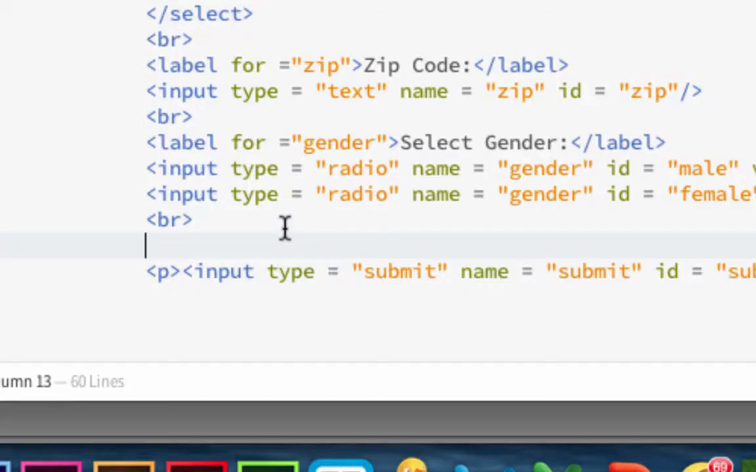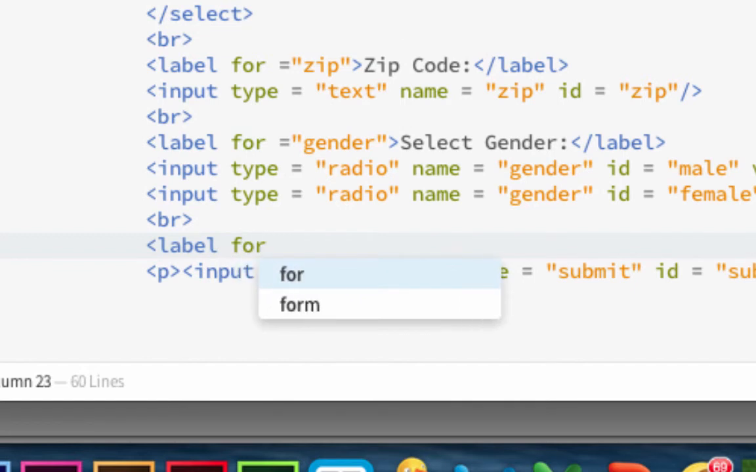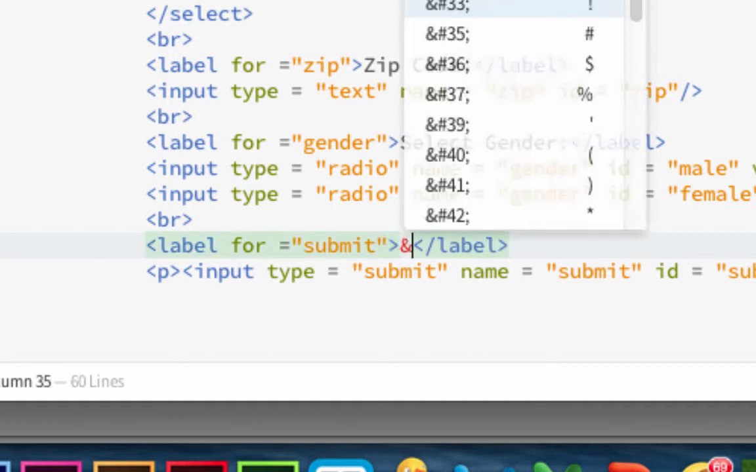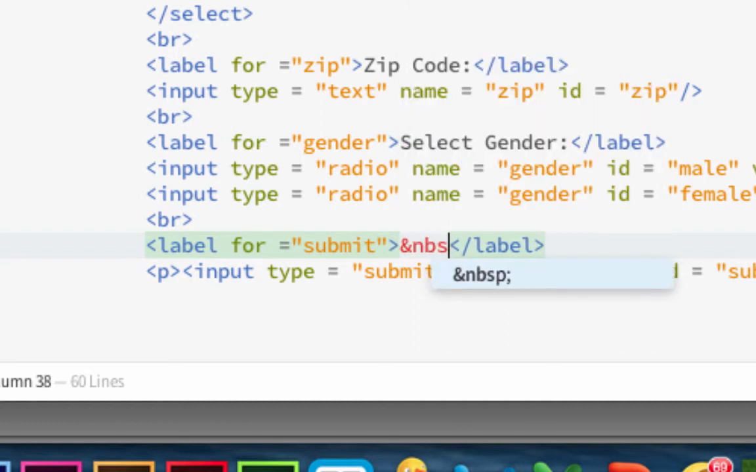Okay, so what I'm going to do here, I'm going to put in a label, and I'll just try to stick with what I did before. I'll just put label for equals submit. And I won't put anything inside the label. I'll just do it like the other ones, and I'll just put a non-breaking space. I'll put the ampersand and NBSP and a semicolon, and just see what happens. Hopefully it'll spread it out and it'll move it over. I'm not sure if it's going to work because I didn't do that way ahead of time, but let's just see how it works. So I'm going to save it,